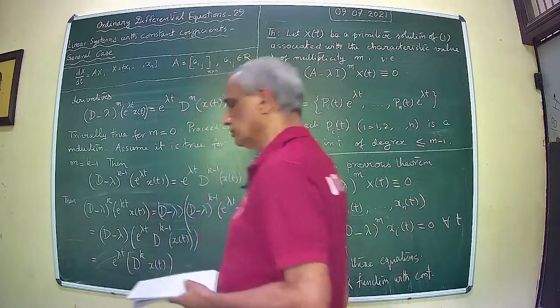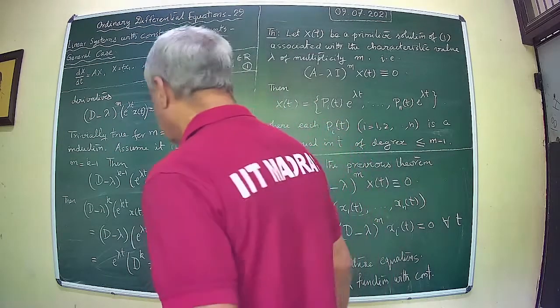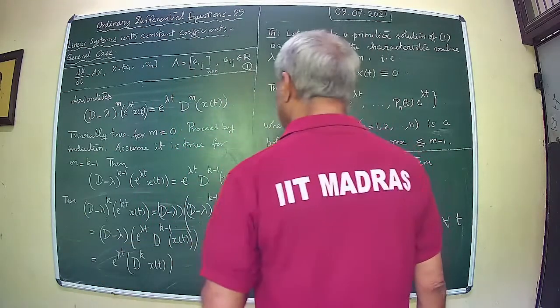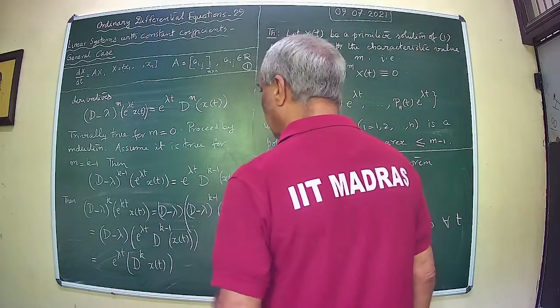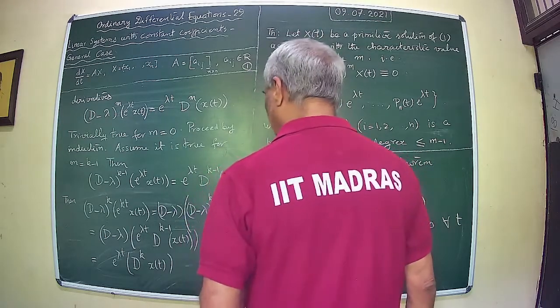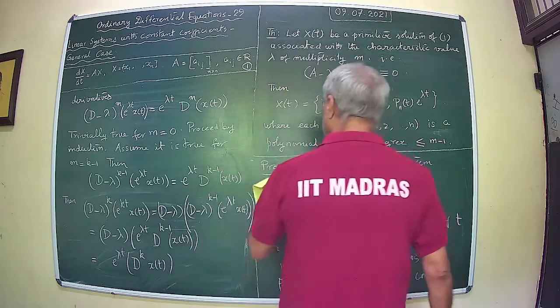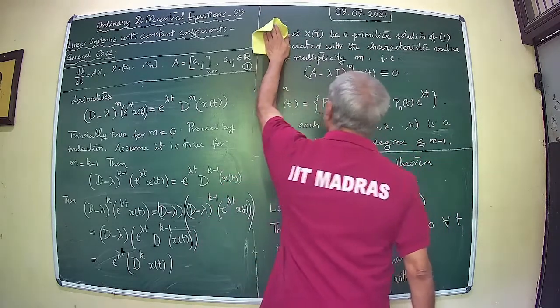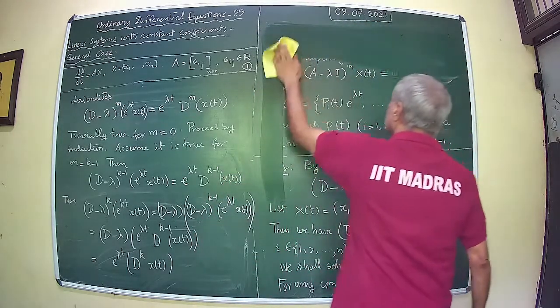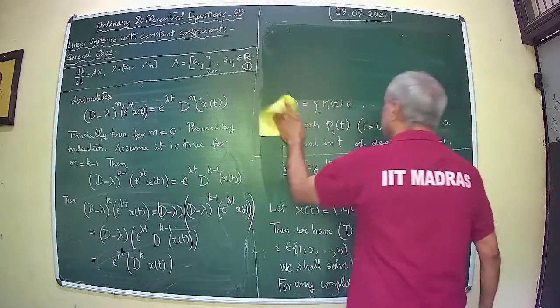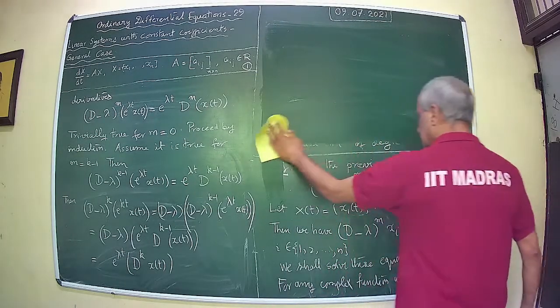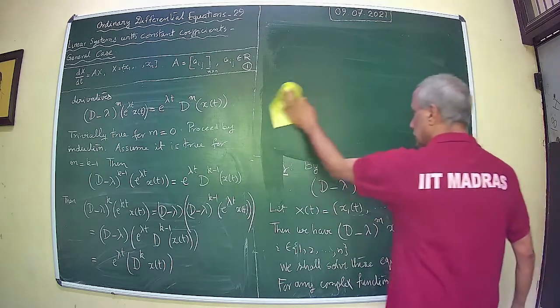It's okay, right? Now this is true for k minus 1, then it is true for k. Therefore we have the result proved,